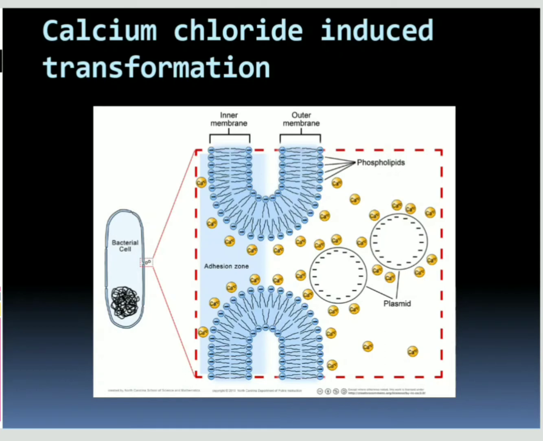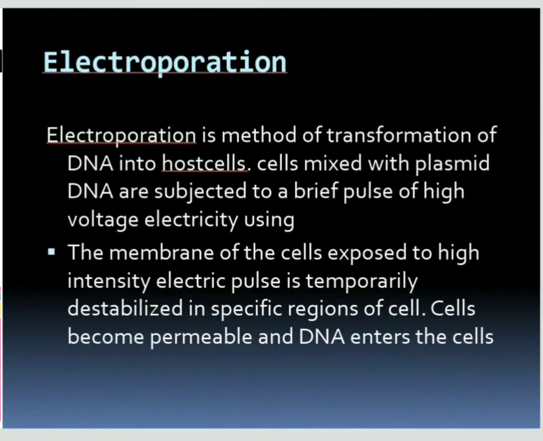If you see here, this is the cell membrane, which is made up of a bilipid layer. That does not accept the DNA directly, so we are using the calcium. Along with the calcium, they are coated with the hybrid DNA. The cell membrane will accept these calcium ions along with the DNA, which will be entering into the bacterial, that is the host cell. Like this the transformation takes place.